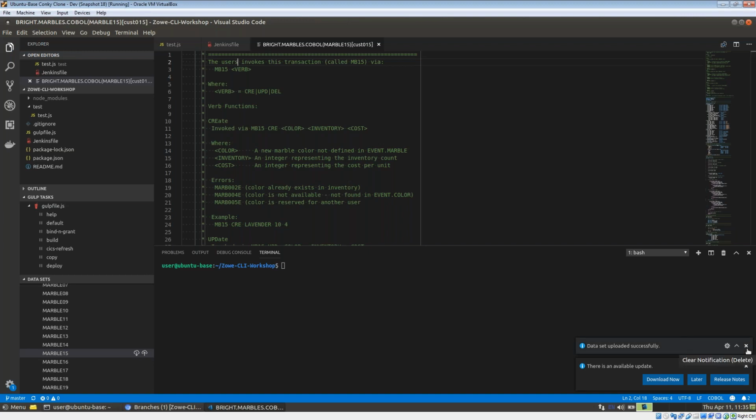And this is a great solution for VS Code users. But again, I mentioned we were non-prescriptive. Let me just change this back. So you can use the CLI to download the data sets as well. So you can do Zowe files download all members,